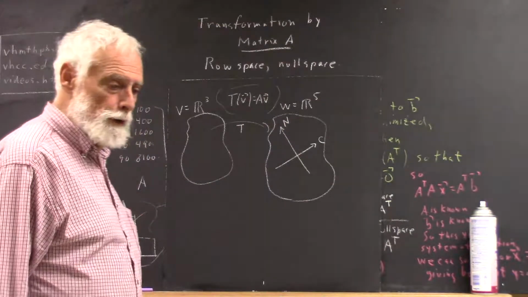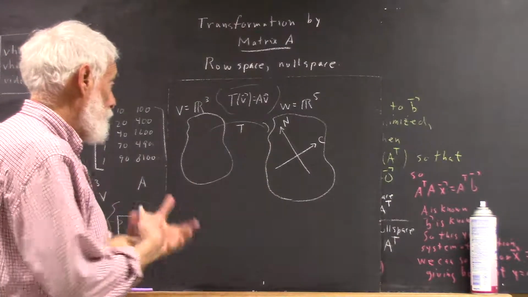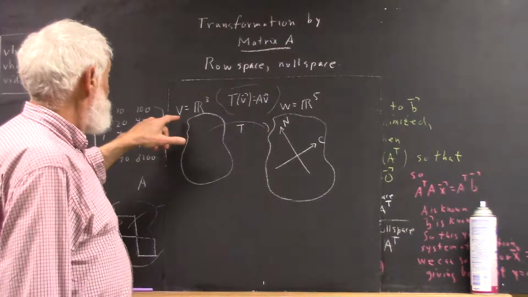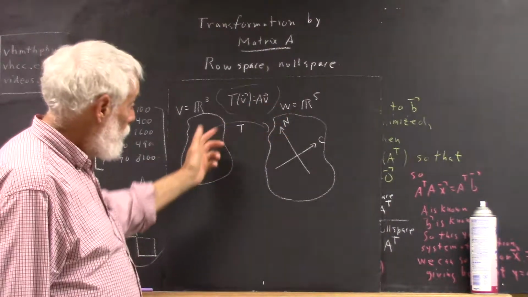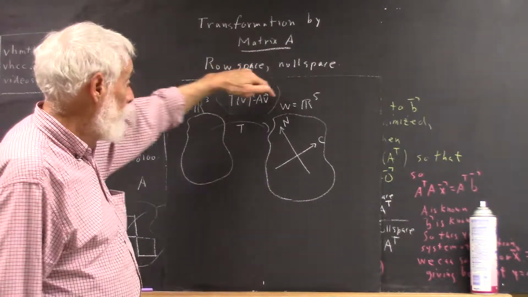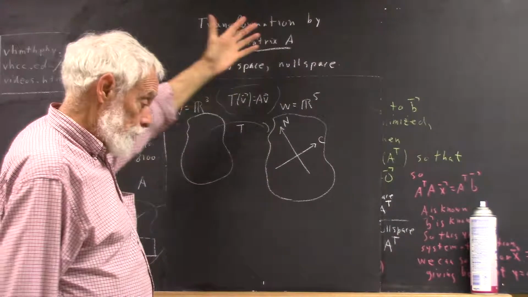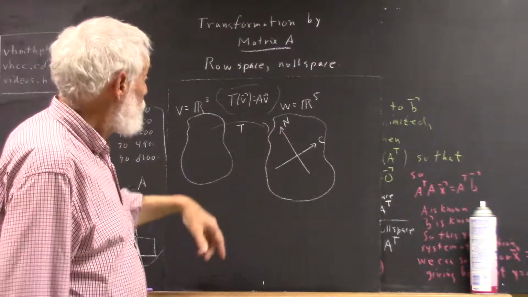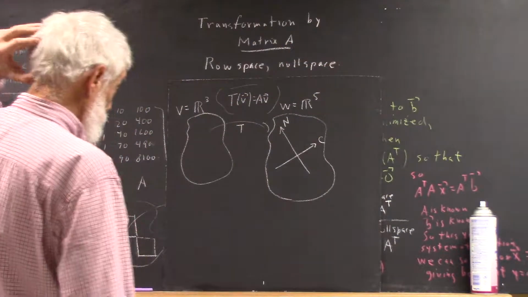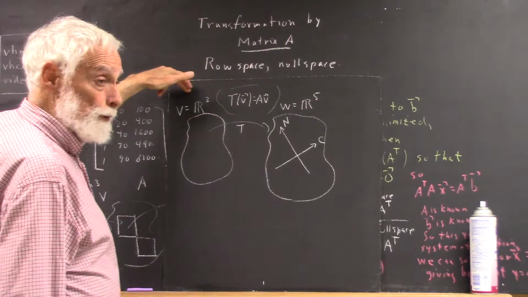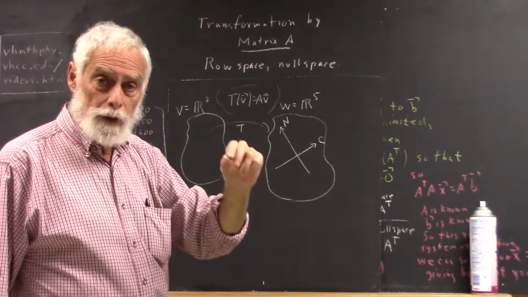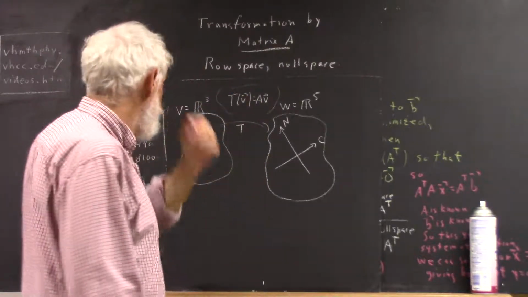Looking a little more closely at the picture we had before and bringing it down to its most basic essence. We have vector space V, vector space W, and a transformation defined by a matrix. In the example we're talking about, V is R3, W is R5. Now we could have more data. We could have 12 data points, so W would be R12, okay? But V is R3 because we're doing a quadratic model and we're looking for A, B, and C. We're looking for the vector X equal to A, B, C